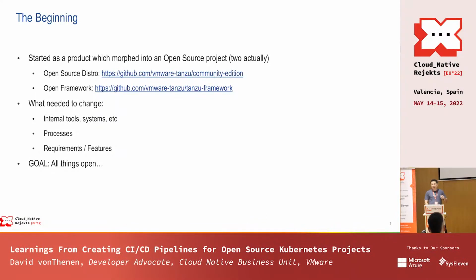And the project that I work on is this other one, called Tanzu Community Edition. It takes that framework and does all of the wrapping: how do we install, how do we build, how do we test, and how do we create the pipelines and everything so that we can deliver this open source edition to the end users out in the community.